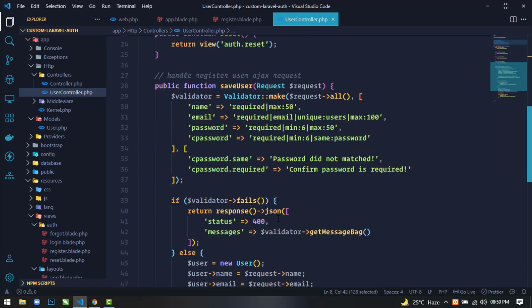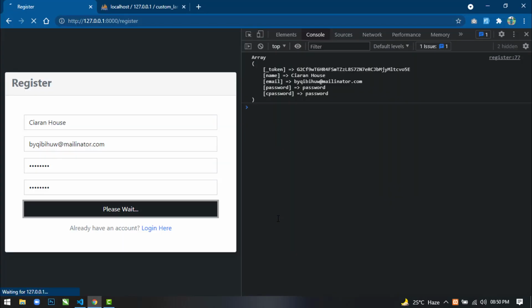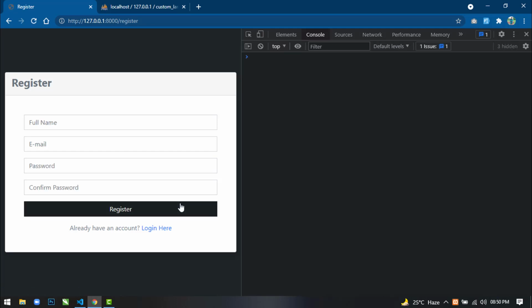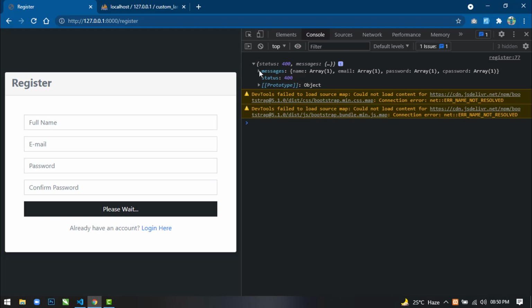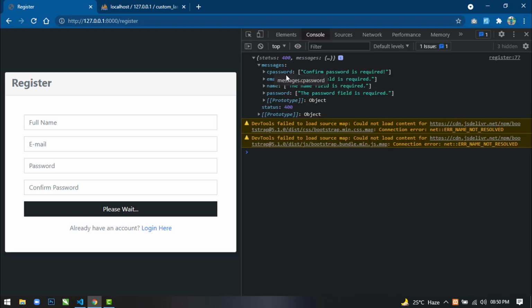Okay, now just come here and refresh this page. Now if we just click on register button without entering any value in these input fields, then we are getting this status 400, and we are also getting messages, and in messages we are getting confirm password is required, email field is required, the name field is required, and the password field is required.